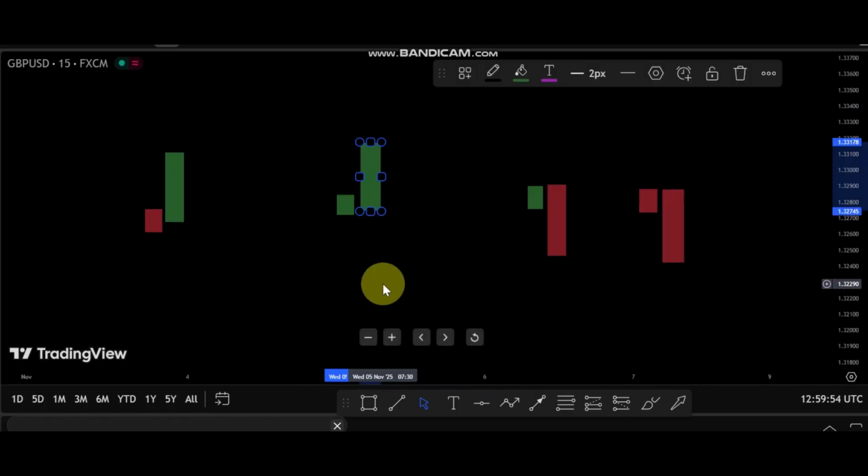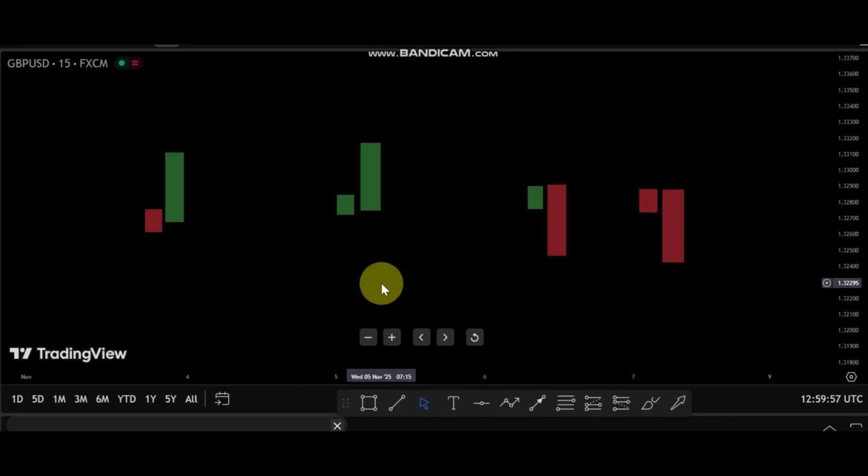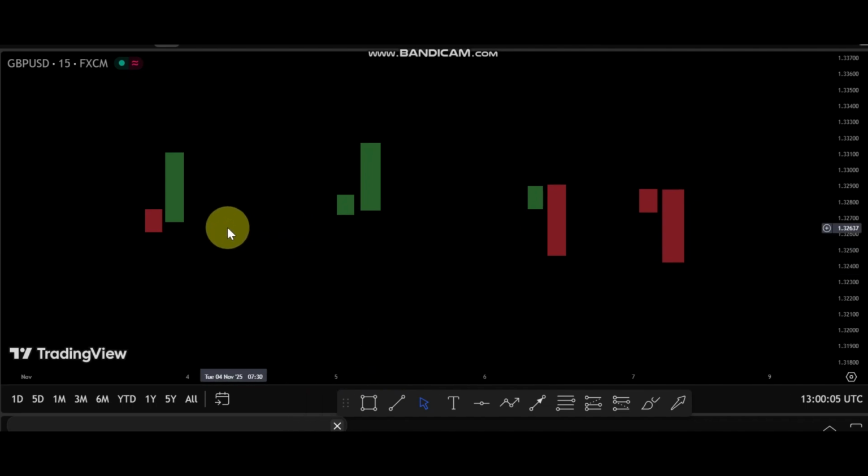The second principle is order block. Order blocks are areas of supply and demand where large transactions take place. There are two types of order block. We have the bullish order block and the bearish order block. So to identify the bullish order block,